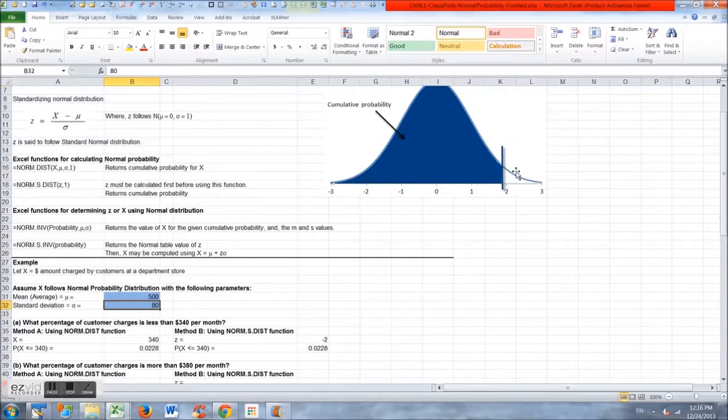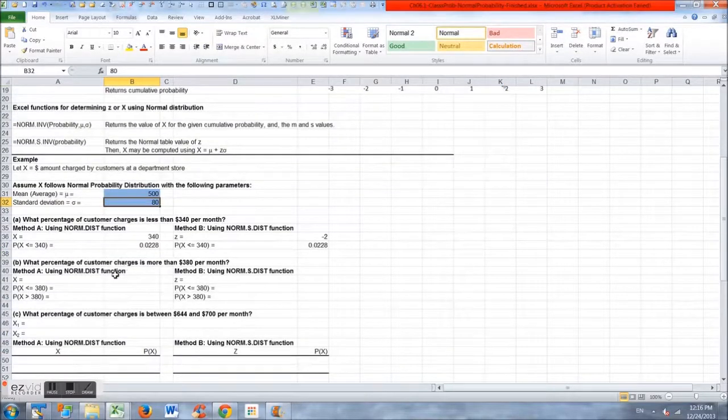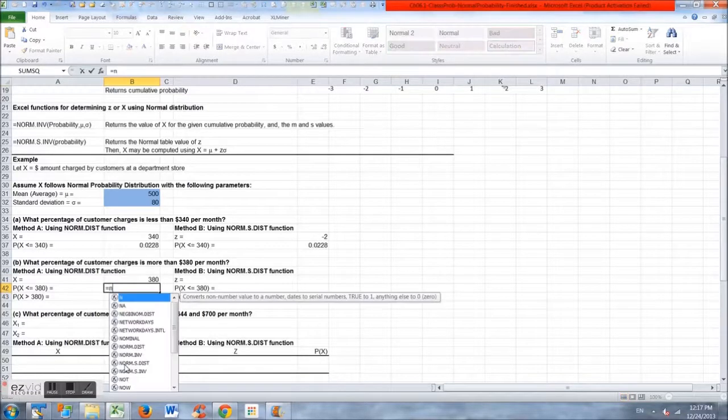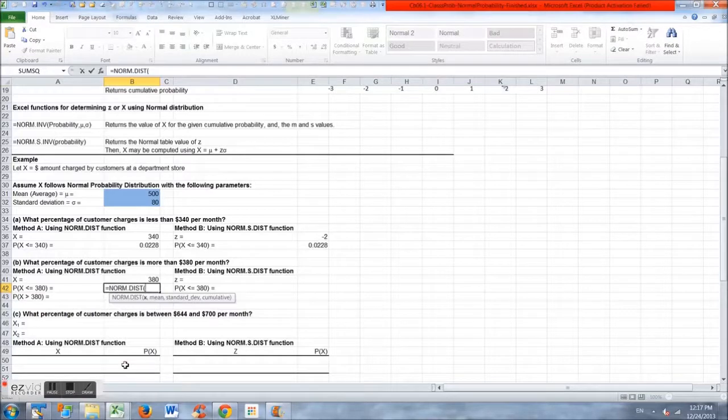So that is, we want the tail area, $380 and more, not the cumulative probability. So we need to be careful. Once again, x is 380. Now if we use the function norm.dist and x, comma, mean, comma, standard deviation, comma, 1, this is going to give us the cumulative probability,